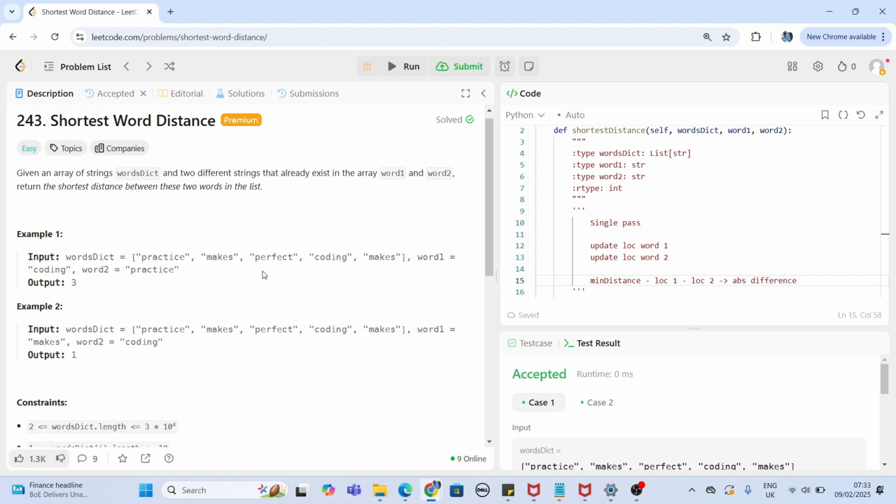Now in this single pass, we will continue to update the location of word 1 and word 2, and we will continue to update the minimum distance between the word 1 location and word 2 location. Eventually we will come to the conclusion where we have the minimum distance between both the words. Okay, so what we have to do in a single for loop, first we will find the